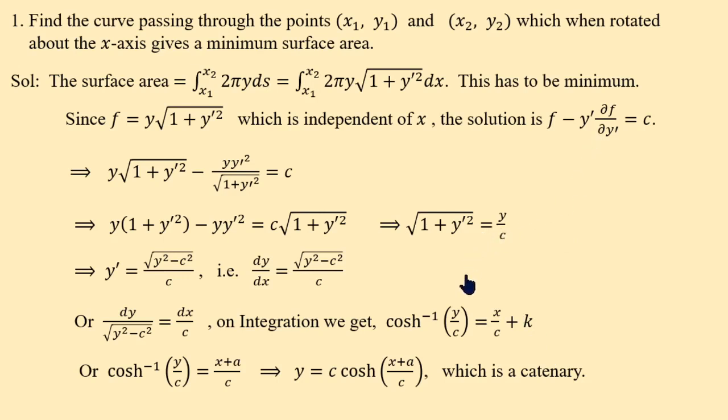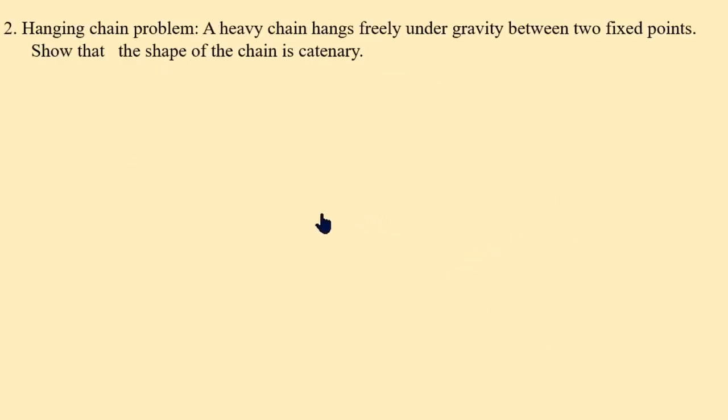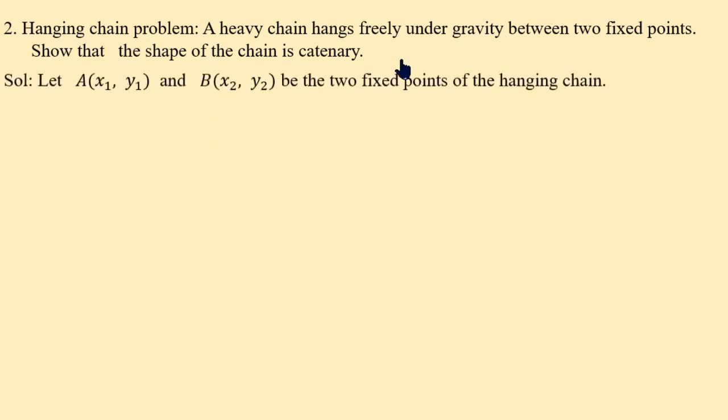So the shape of the curve is like a heavy chain hanging on two fixed endpoints. So that is called the catenary function or curve. The hanging chain problem is also the same type. A heavy chain hangs freely under gravity between two fixed points. Show that the shape of the chain is catenary. The concept is same, but